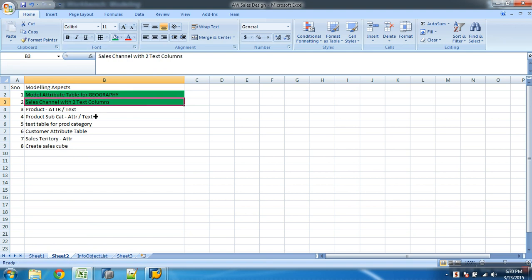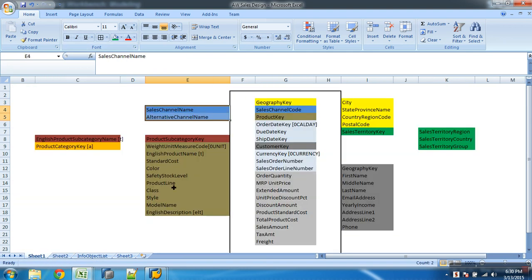So we're done with this one. Next one, we're looking at product. If you remember, for this product we wanted to have all these attributes. These were the columns of properties of the product. But the only thing is, we wanted to have two things: the English product name and the English description of these two columns. We wanted to have it in the text table. I can go with this as normal text, and the remaining ones I'll maintain in attributes. That's what we planned.